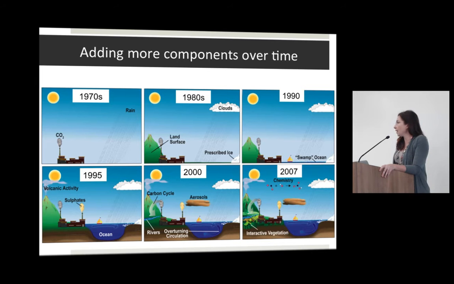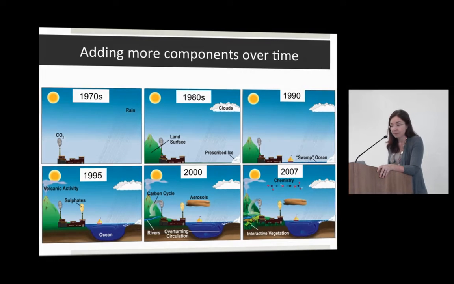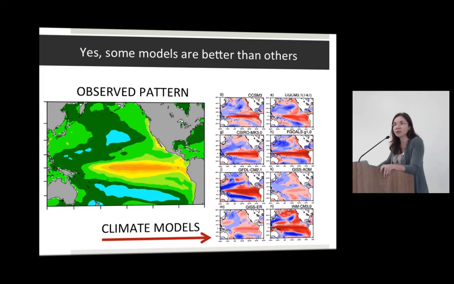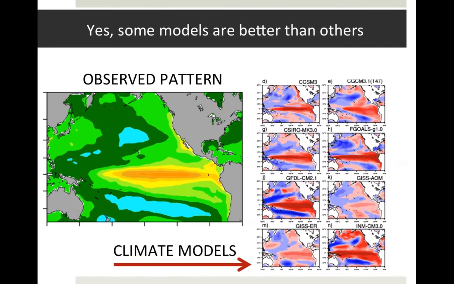A lot of the work I do is climate model evaluation. Here's one example from a few years ago that we did, looking at ENSO. This is simply the observed pattern of sea surface temperature during winter, during an ENSO event. And then over here on the right-hand side, you see a bunch of CMIP3 models with their best ENSO pattern. What do we see? Well, they all get an ENSO, that's good. That's actually pretty cool, right?